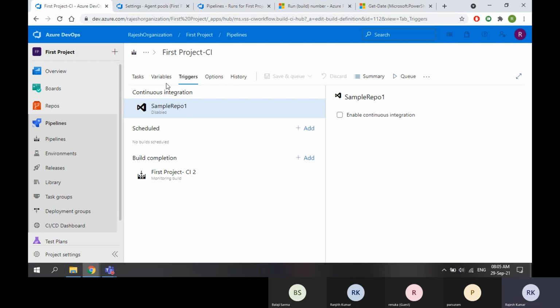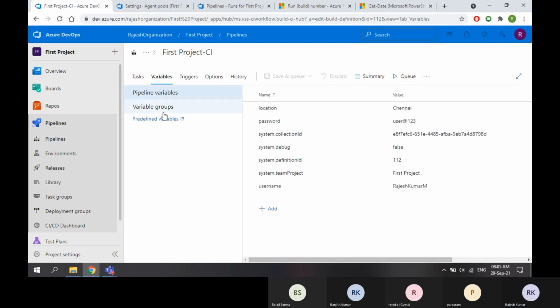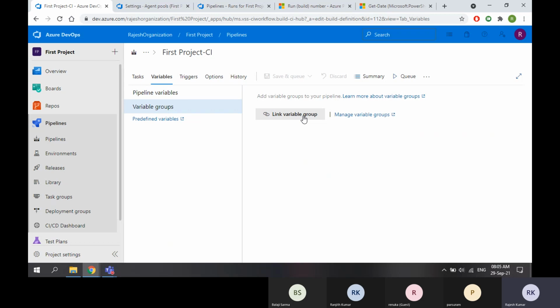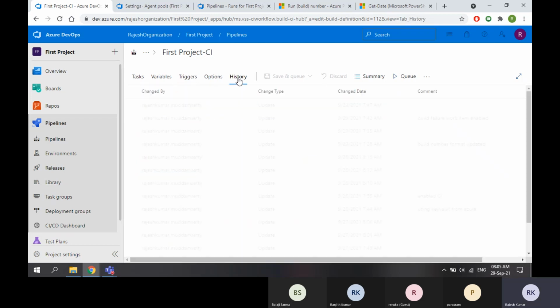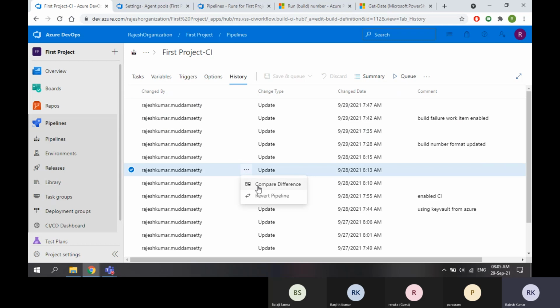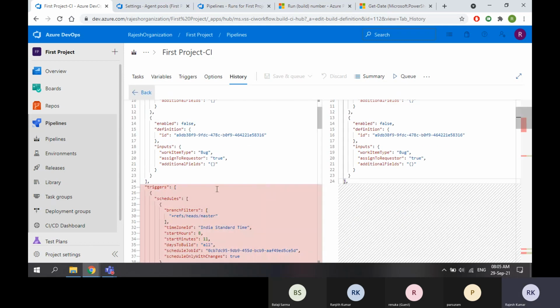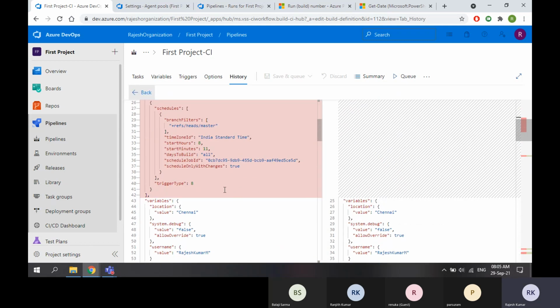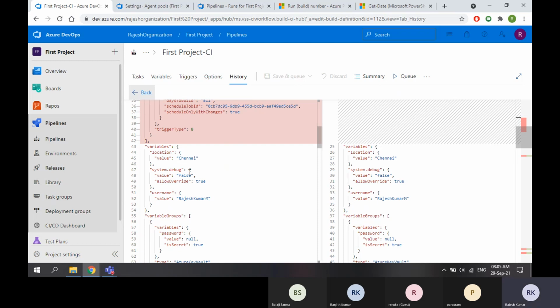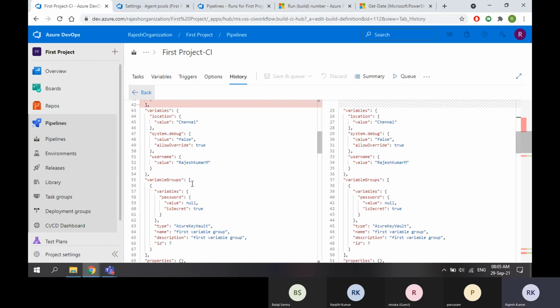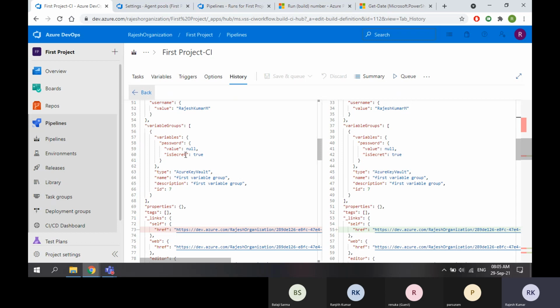Now the triggers, and even the variables also. There are no variable limits, but I deleted the variable group. Let's see what happens if I go for compare difference. Okay, there are triggers, and then the variable group is linked.